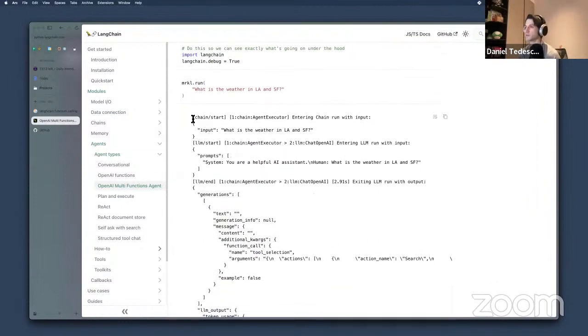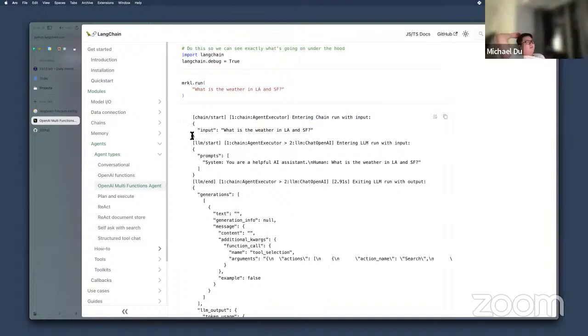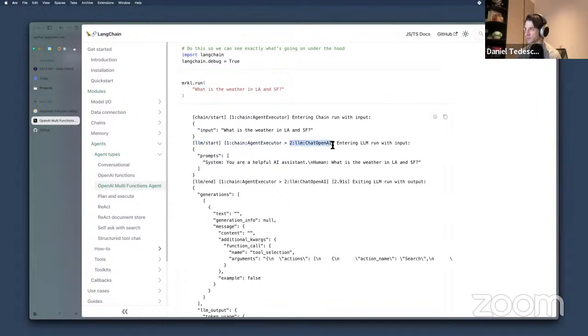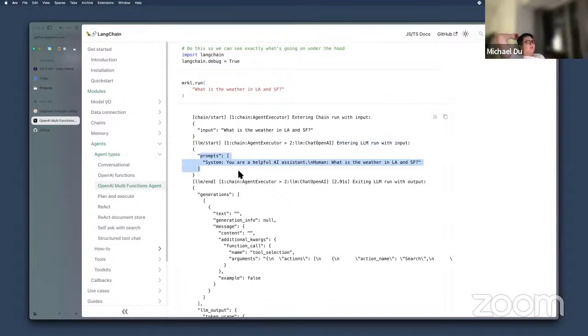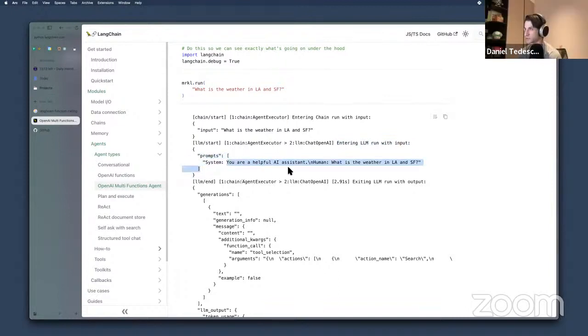So chain start, agent executor, here's the input. Entering, and that goes to the LLM start. So from chain executor to the ChatOpenAI LLM run with this input. It is given a prompt. Yeah, so here's the prompts. It's a generic prompt.